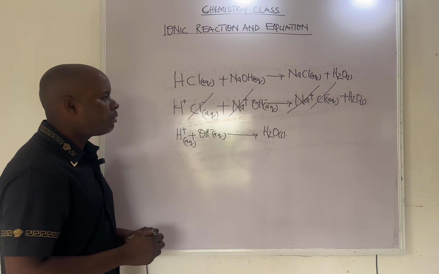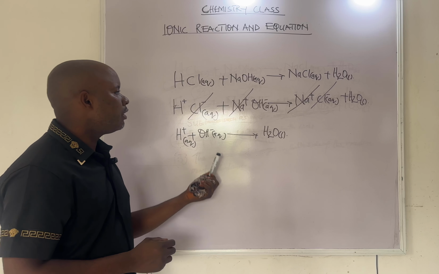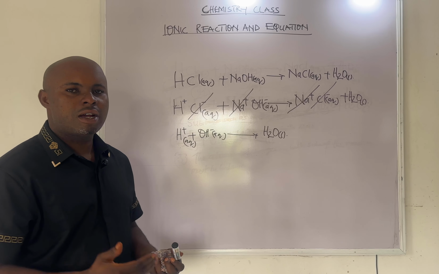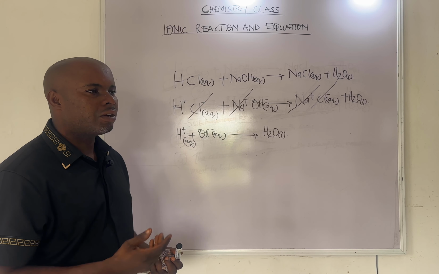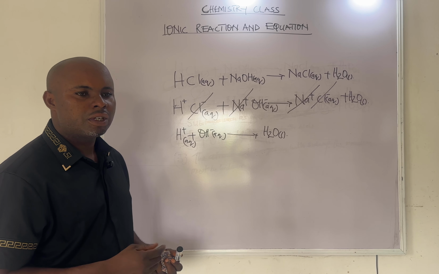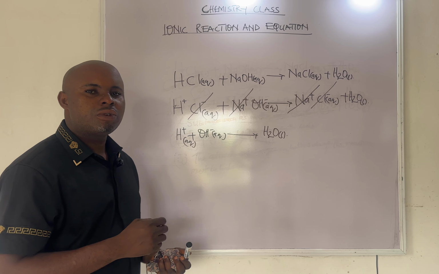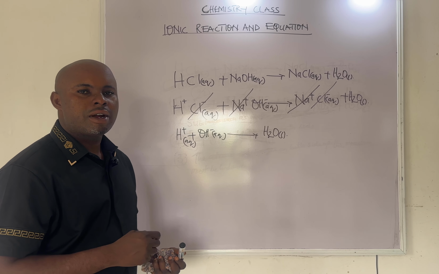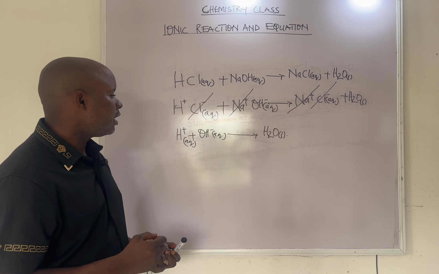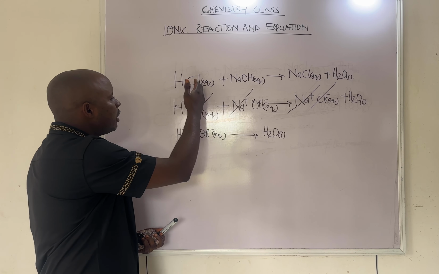So in this one, this process by which we write this chemical reaction is known as the ionic equation. If you are asked to write the ionic equation of a given reaction, you need to know the rules that guide the writing of ionic reactions. So in this aspect, we must break down this